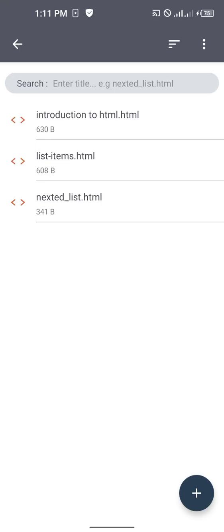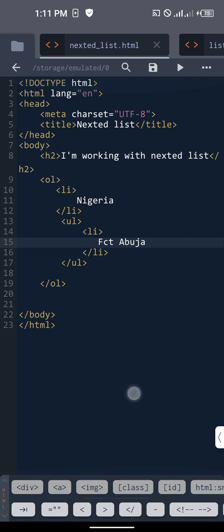So today I'll briefly explain two tags, that is div tag and span tag. So we are still working with this nested list. So let me use this to explain divs and span. Okay, so